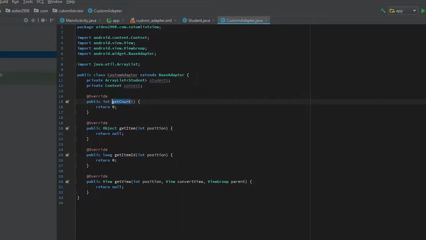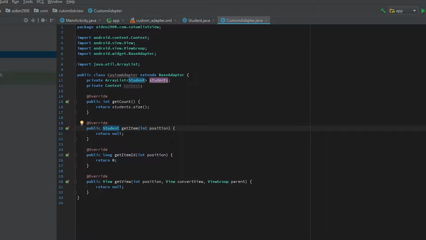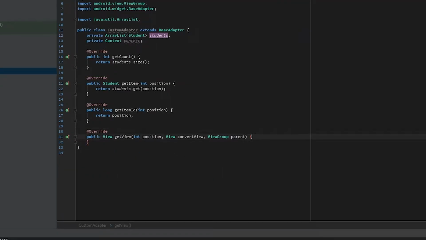So the first method is going to ask for the array size, so we're just going to say students size. For the object, change the object to Student, and we're going to return students get, passing position, and it will return the item in the array depending on the position. So get item ID, just return position. Now for the last method, we need to